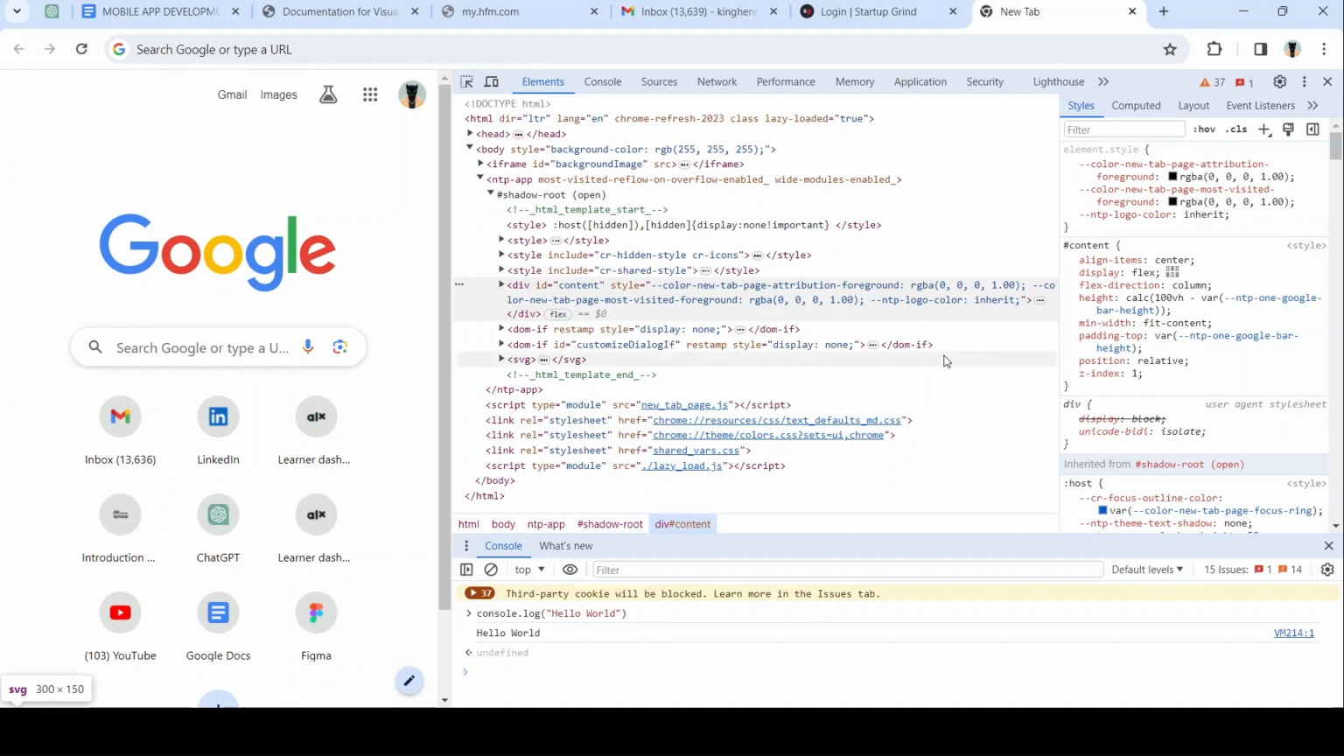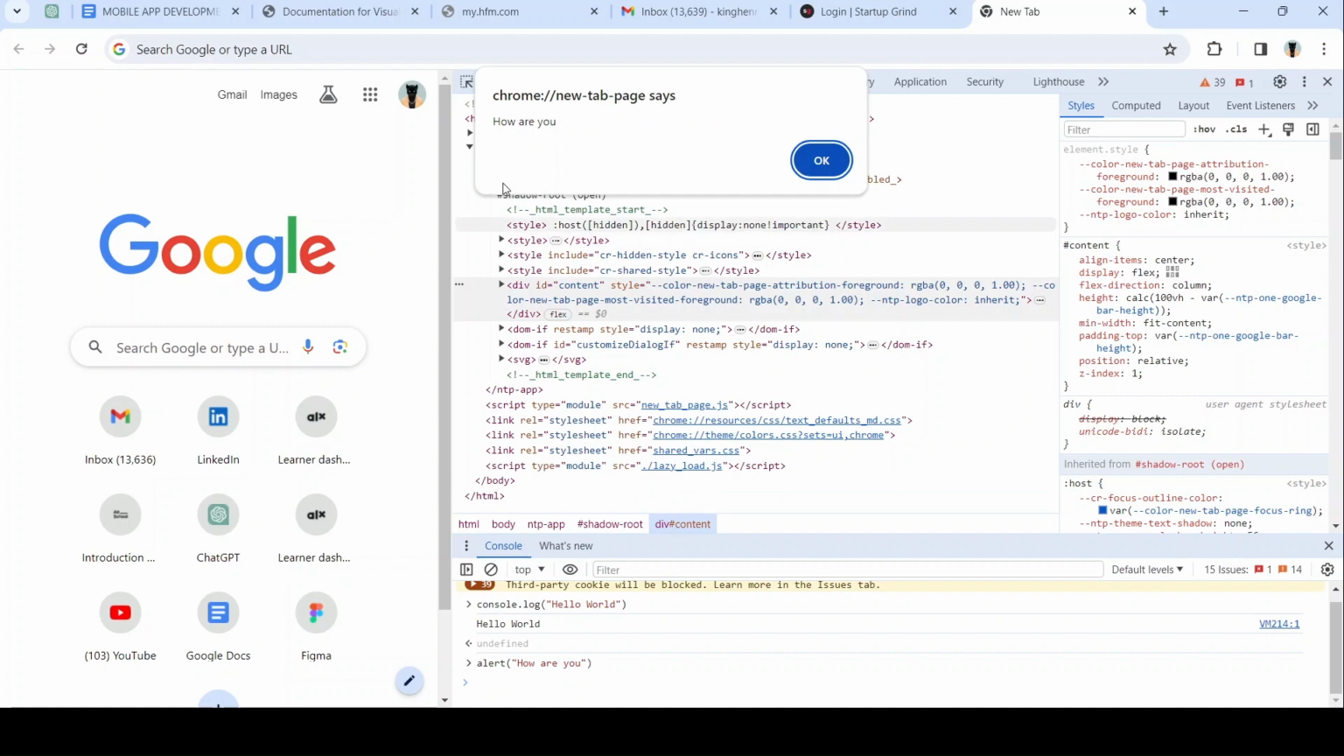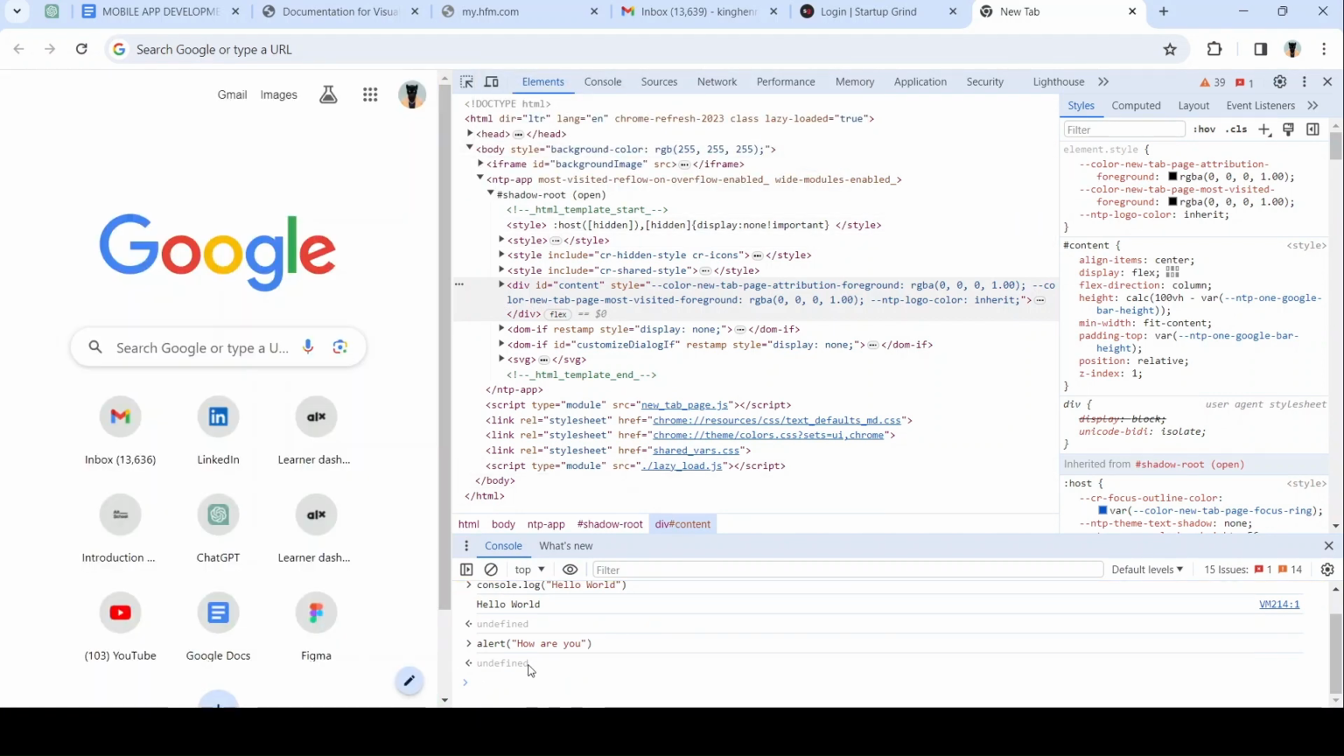Like this alert. When we write alert, you see this pops up here, right? But alert is also an English word. How are you are also English words. So how is JavaScript able to